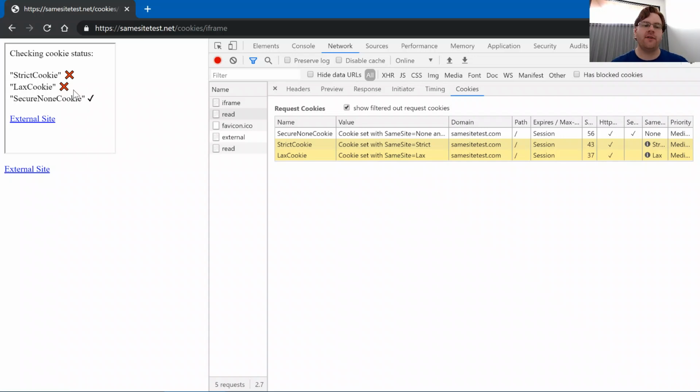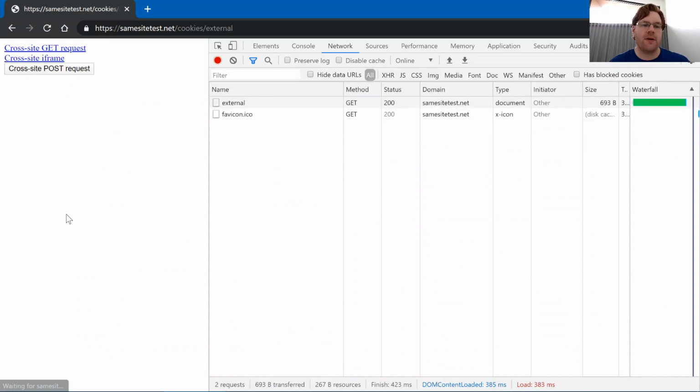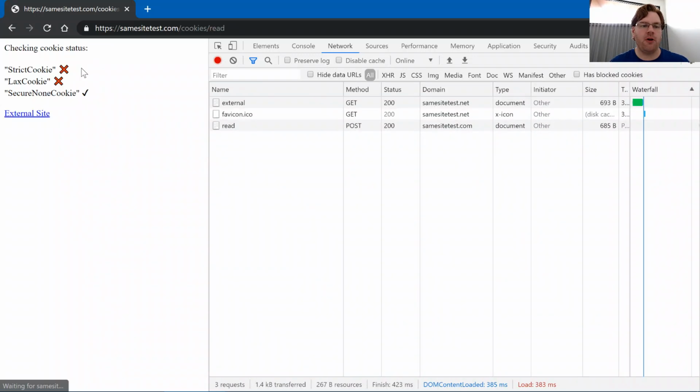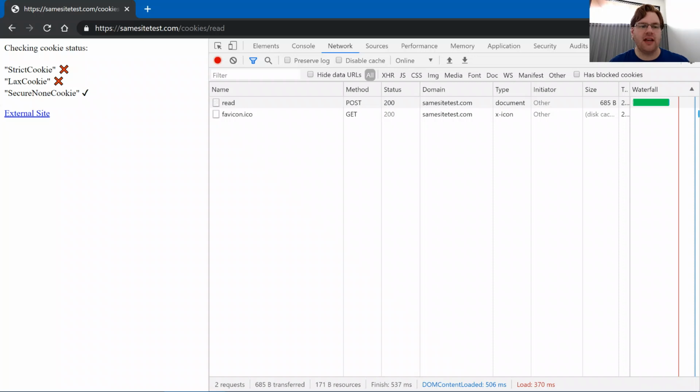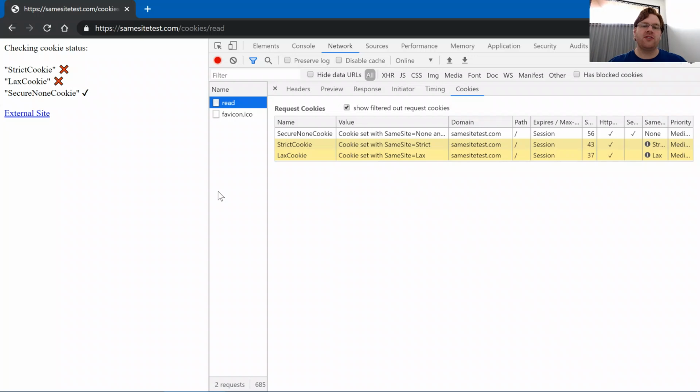We're still within the iframe. And we go back to the external site and we run the post request now. As we can see here, the only one being sent is secure none again, because post requests again are considered insecure and lax won't have it and strict will never have it, obviously. And so that's a very basic demo on the cookies and when they're added and when they're not, and the